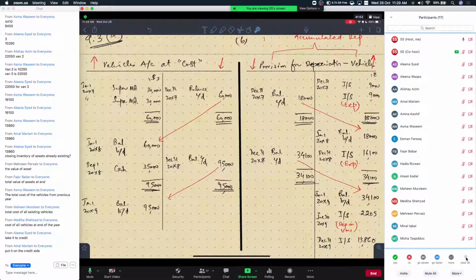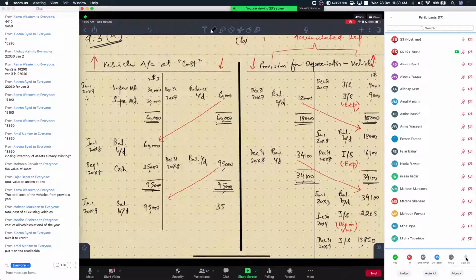In the double entry system, if a value appears on the same side as the existing value, they are automatically added. But if you want to subtract, you will have to take that subtractive factor on the opposite end of the existing value. So if we want to subtract the cost of the vehicle which is disposed of, we will have to take it on the opposite side of this account, which is the credit side, as Amal has pointed out here. So I will put